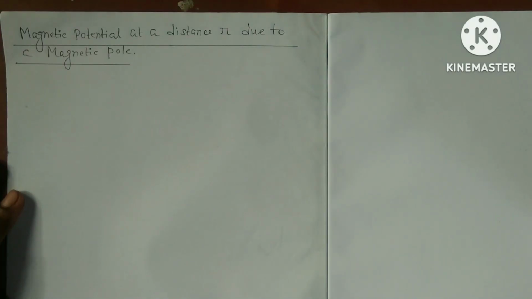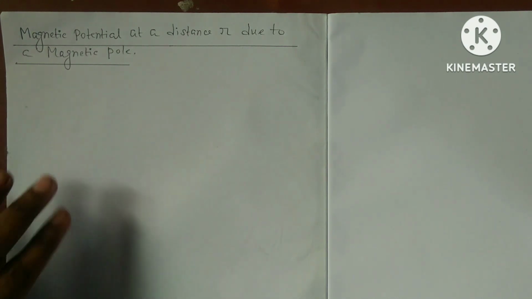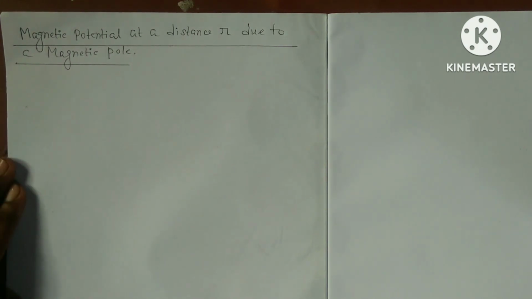Today I am discussing a very important topic, not only in the general course but also very important for honors level. So magnetic potential at a distance due to a magnetic pole. This is a very important relationship